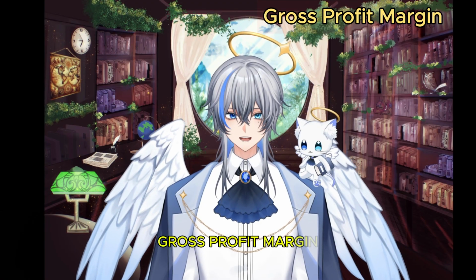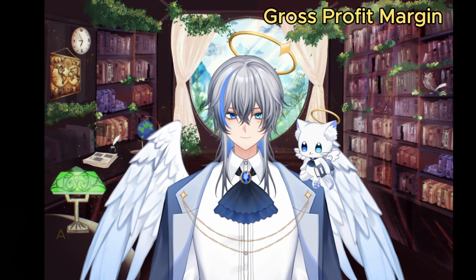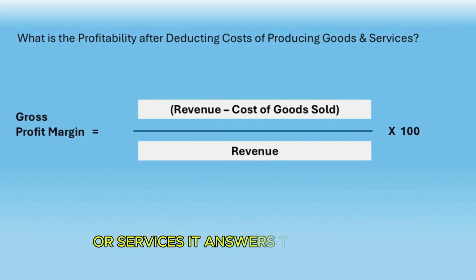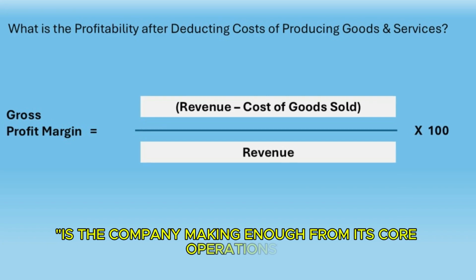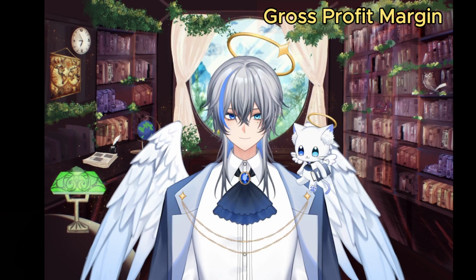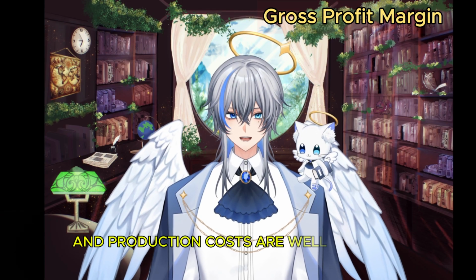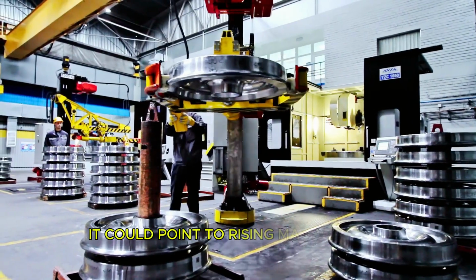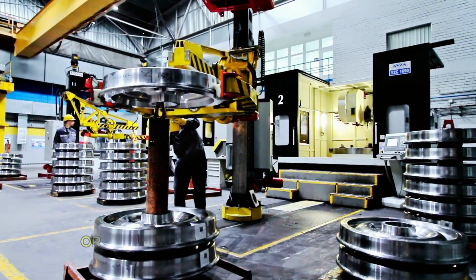Gross profit margin zooms in on how much money a company makes after covering the direct cost of producing its goods or services. It answers the question, is the company making enough from its core operations? A strong margin generally indicates that products are priced effectively and production costs are well managed. If the margin is shrinking, it could point to rising material and production costs, weak supplier negotiations, or pricing that